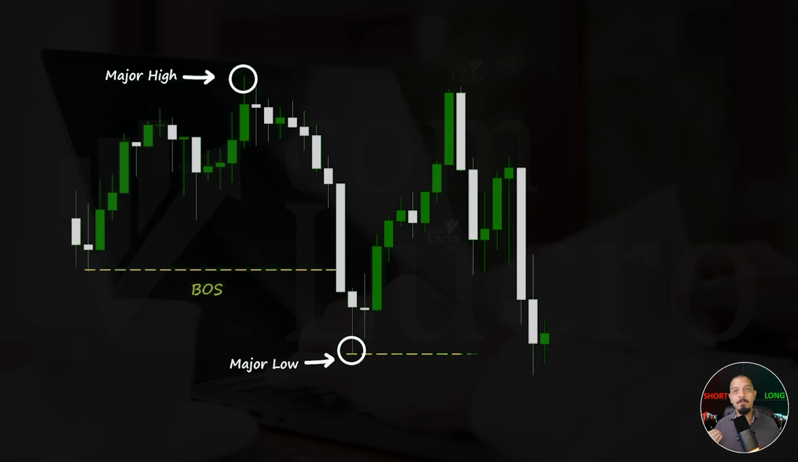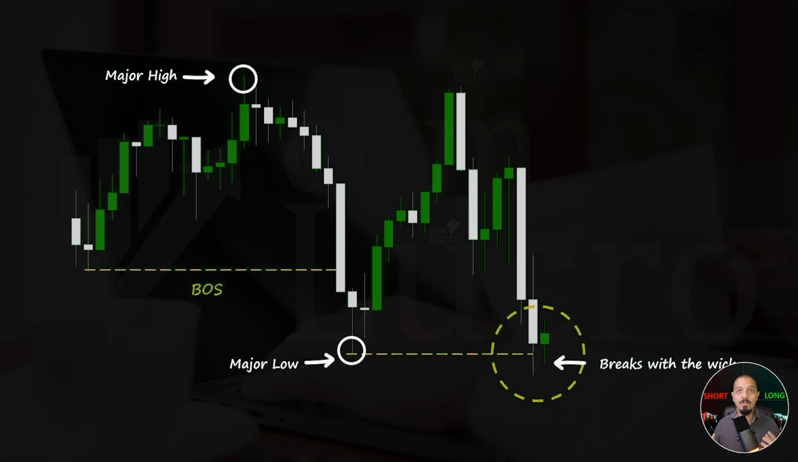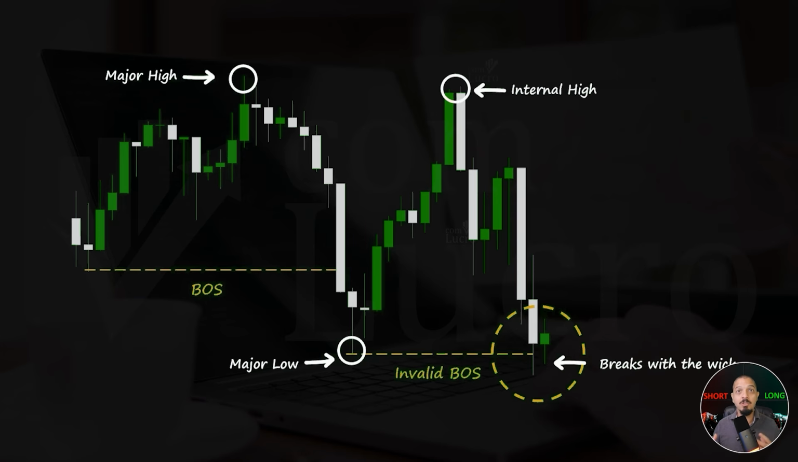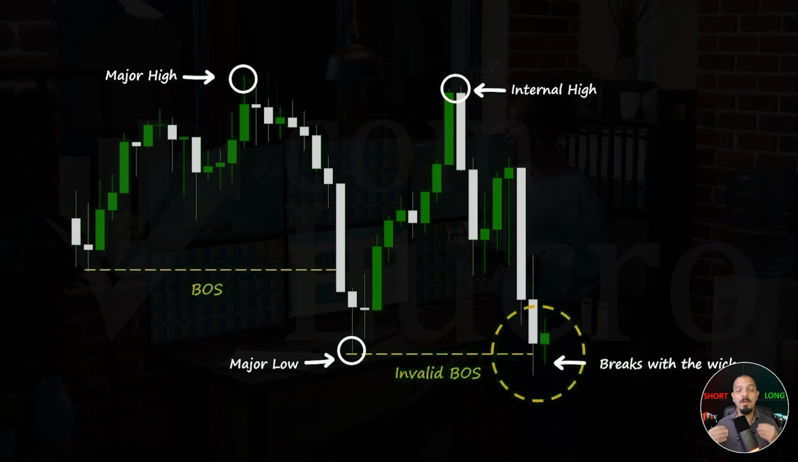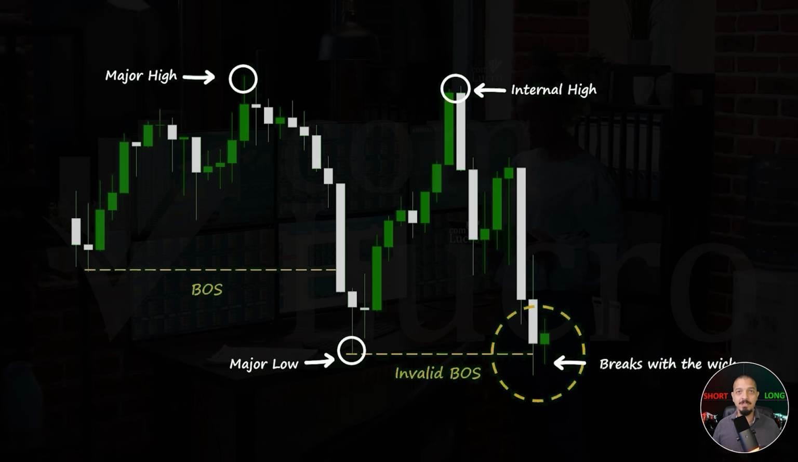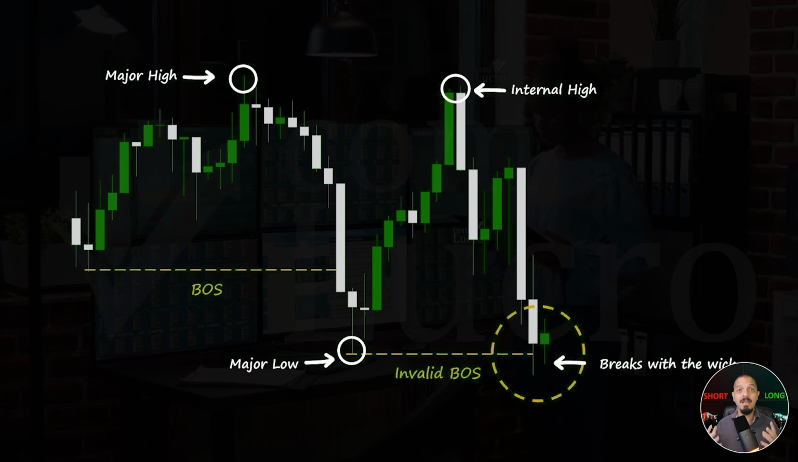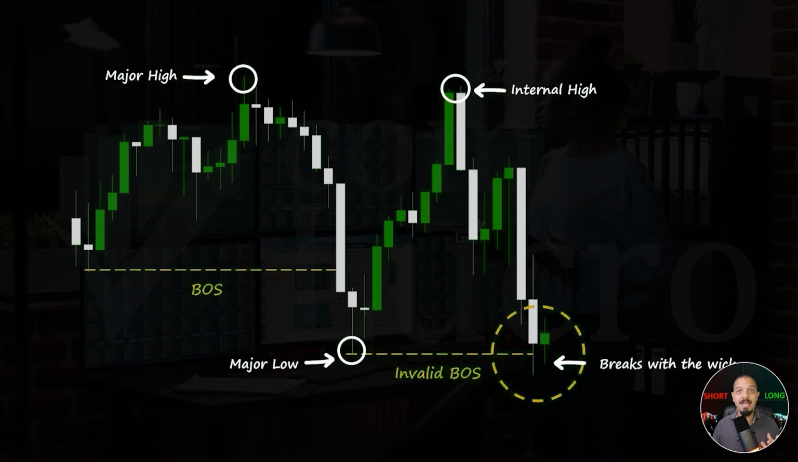On the other hand, if price breaks the recent lower low only with a long wick or shadow, but the body of the candle closes above the range of that low, and the next candle's wick does not exceed the previous wick, this move cannot be considered a valid bearish BOS. To confirm a true bearish break of structure, we must wait for a candle to close below the range of the low with its body, ensuring that the breakout reflects real selling pressure and not just temporary volatility. This clear distinction between wick-based false breaks and body-confirmed structural breaks helps traders avoid premature entries and stay aligned with